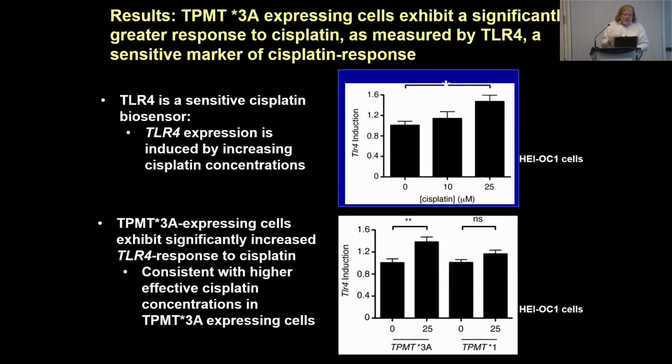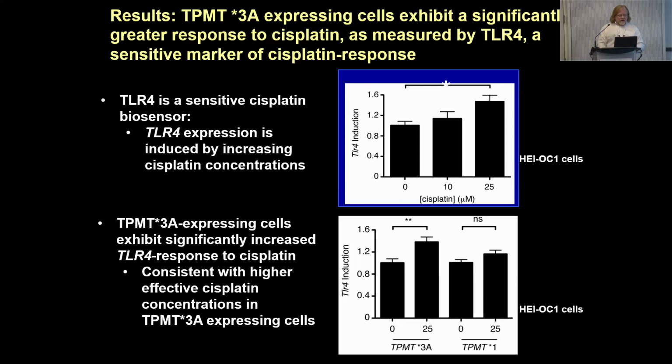The next step was to look at using a TLR4 induction as a cisplatin biosensor to look at whether the expression is induced by increasing cisplatin concentrations. And in fact, it is. Toll-like receptor 4 is a particularly important inflammatory biomarker. And we showed that as you increase the concentration of cisplatin in these cell lines, we find that TLR4 induction